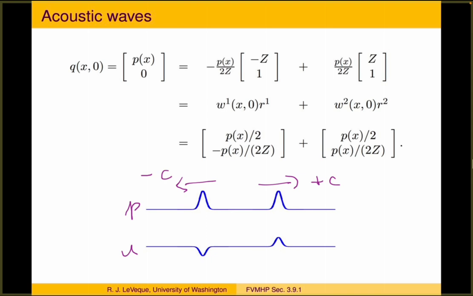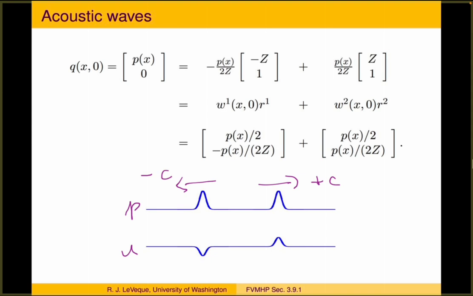So this would be the solution of an acoustic problem where we start with, say, a small perturbation in pressure in the middle of the pipe, and then we let it go, and that's going to give you two acoustic waves that are moving out in opposite directions. And if it's initially zero velocity, then that initial pressure pulse is simply going to split into two and move in the two directions. As the pressure pulse propagates, the fluid is slightly accelerated and decelerated as that wave goes by, and so